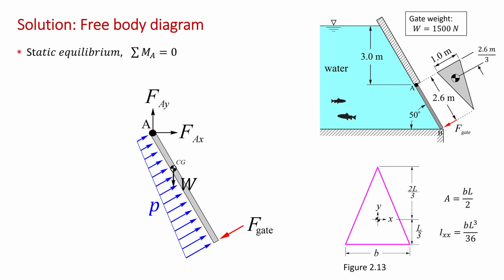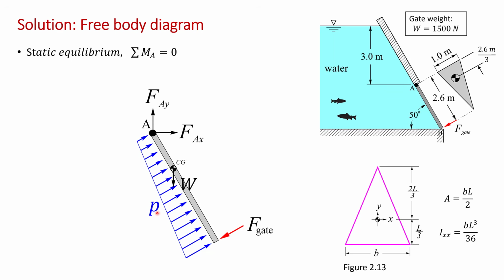As with all these problems, you should start with a free body diagram. Of course, what we're considering is static equilibrium of the gate with the sum of the moments set to 0. And we take the sum of the moments about the hinge, about point A, in that way we can avoid calculating the hinge forces. So the forces on the gate are the hinge forces in the X and Y direction,